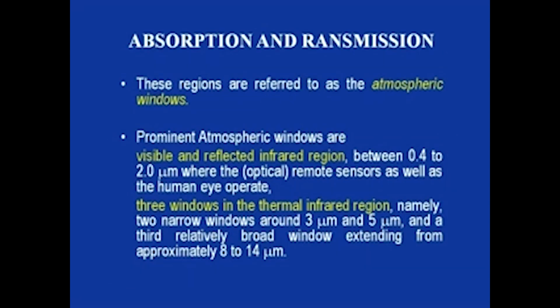These regions where we have a large amount of energy transmission through the earth's atmosphere are referred to as the atmospheric